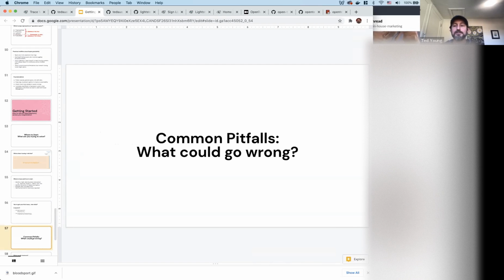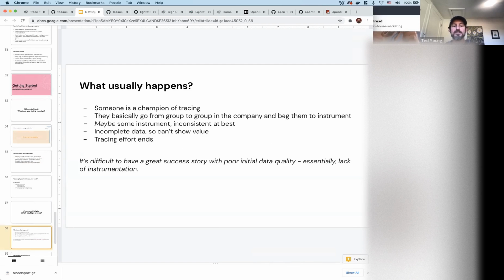Which is honestly how I do see these things go wrong sometimes. When I've seen it become difficult to actually roll out tracing within an organization, it usually follows a pretty common pattern. Someone gets really excited about tracing. Maybe it's one of you all on the call today, and you decide you want to roll this out. So you go back to your company and go around to each service team, trying to encourage them to add this. Maybe some teams add it, maybe they don't.